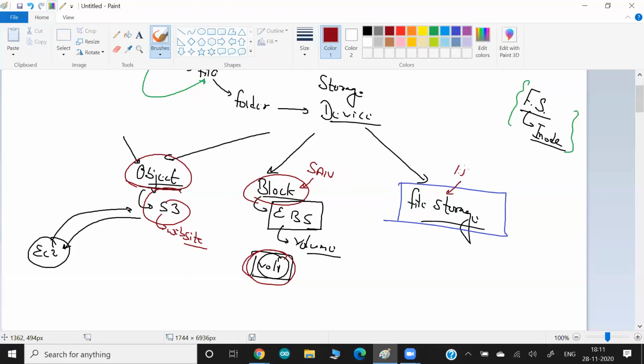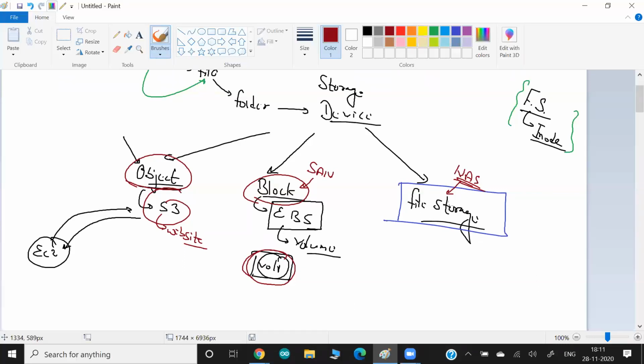It is also known as NAS storage, network attached storage. This is one of the storage types that I think I will take as a topic tomorrow. But why I'm discussing it right now is because, if you really want to know more about how it works behind the scenes,